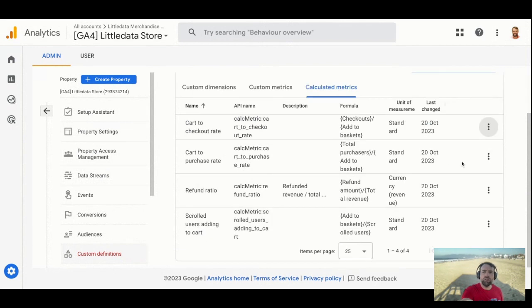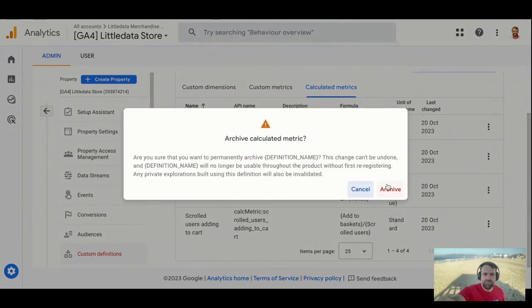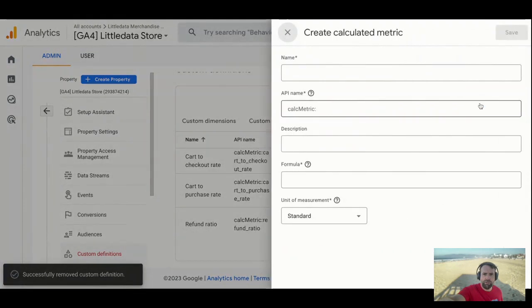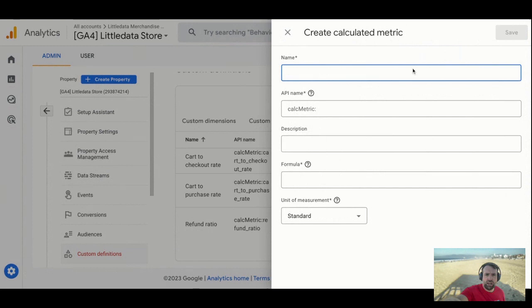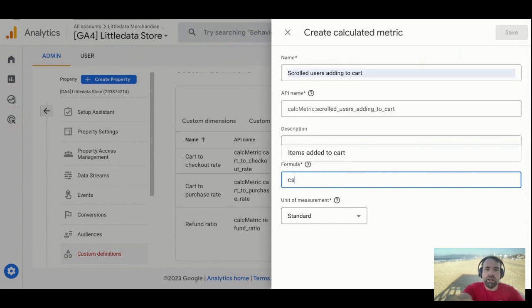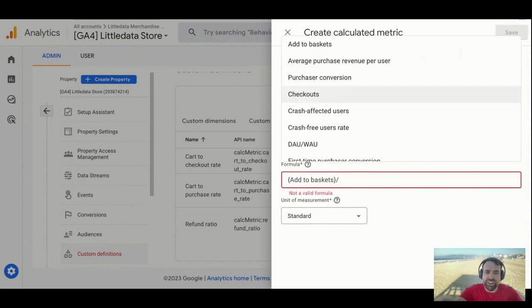In fact, I'm going to redo this one. You can archive a metric that you don't need, and it'll just say that it's affecting reporting, that they'll be invalidated. So I can just create a calculated metric here. I can name it scroll users adding to carts, and then what I'm doing is adds to baskets. It might have renamed that in my UI, that's interesting. Basket is obviously the UK term for it. In the US, it's adds to cart, and divided by